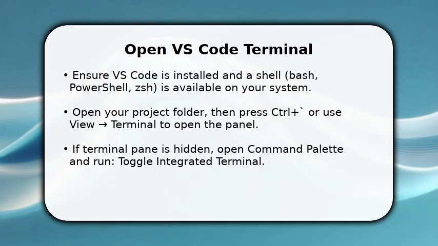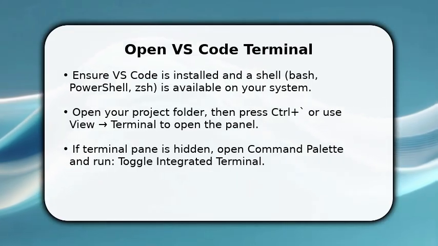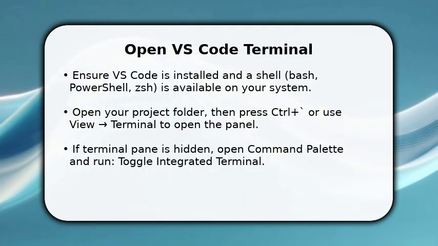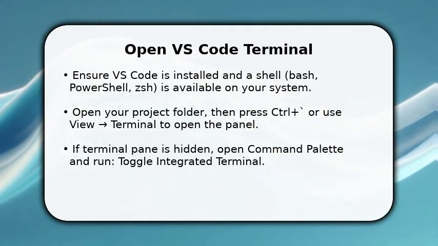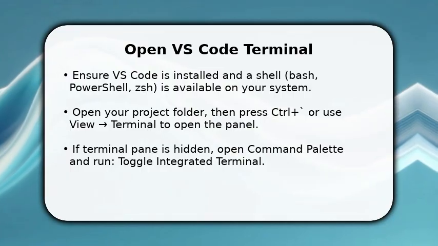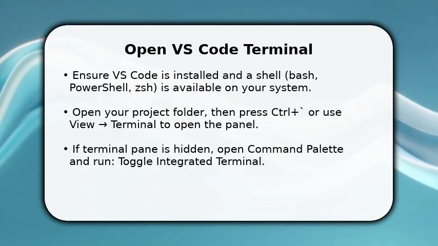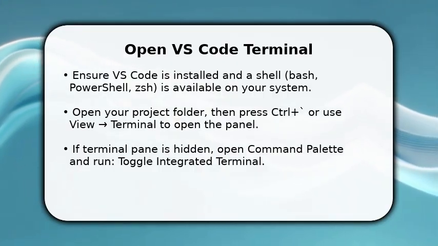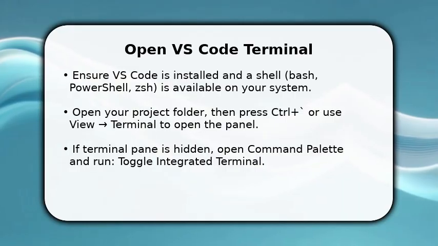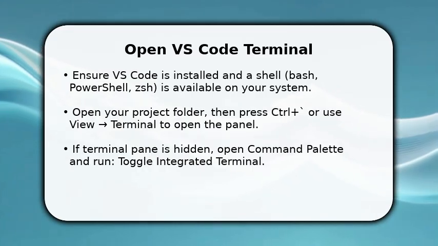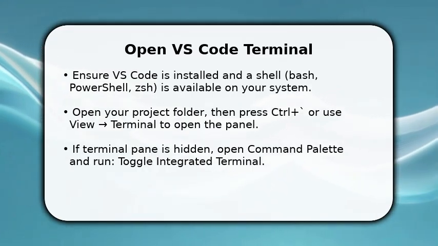Enjoy the video. You have VS Code and a shell ready, so start by opening your workspace and invoking the integrated terminal. Press Ctrl+` or choose View then Terminal to spawn it. Once done, you'll see the panel docked at the bottom. Make sure it's focused so commands run in your project path. This first step creates the runtime environment for shells and tasks, and it's the gateway to configuring profiles and key